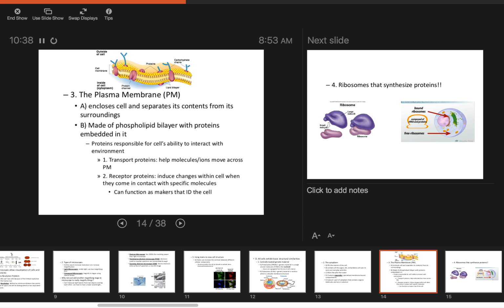They might be responsible for turning on a signal. But we do have transport proteins. In fact, on Friday, you're going to read an article about aquaporins, protein channels that allow water to enter and leave the cell very rapidly. Aquaporins are tied in with biofreezing, like how certain frog species